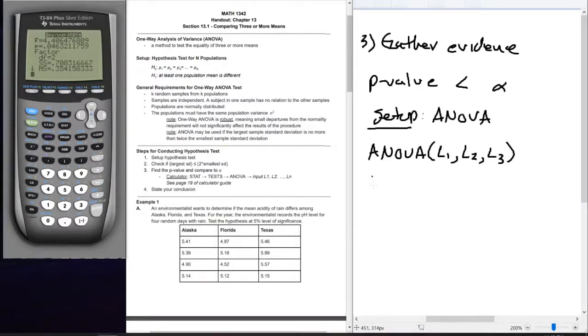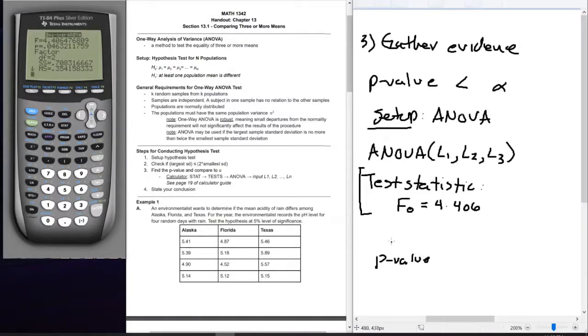The test statistic should be F naught, very similar to the previous tests, but the calculator represents it as F. Again, we'll give MyMathLab the value as is. Once again, for us though, we're more interested in the p-value method. So the p-value